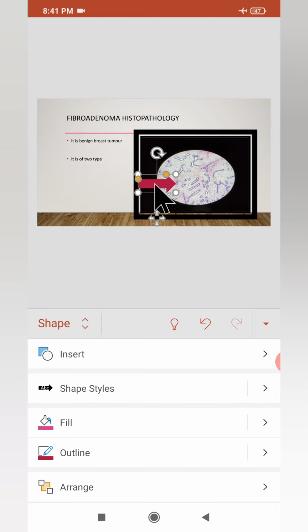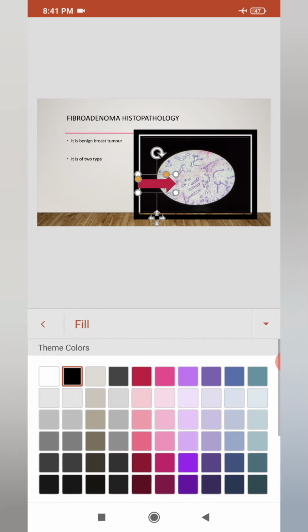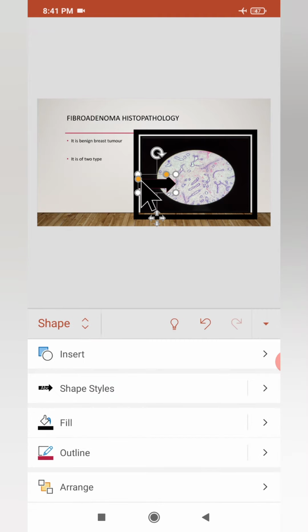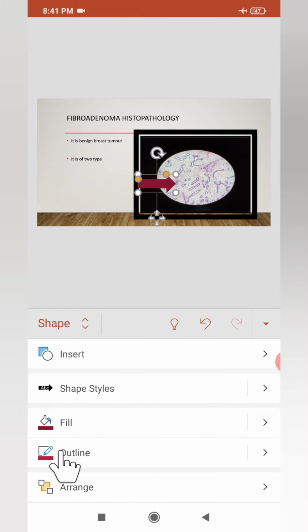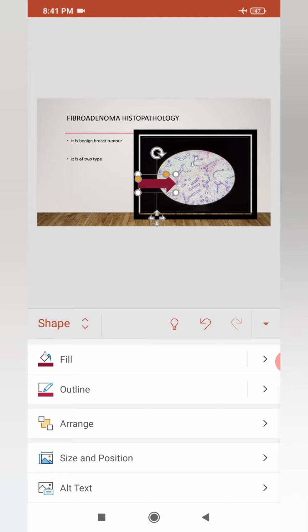Now guys, you can change the shape style and you can fill the color as well in the particular picture and the arrow. Suppose I'm pressing over this arrow, and now I can fill different colors. I can choose different colors from here. Suppose I'm selecting this, then you can see that the color has changed to red. Now suppose I'm selecting black, then you can see that the color has changed. Alright, now you can change the outline of the particular shape as well. Here you can add black, red, etc., like that, colors for the outline according to your need.